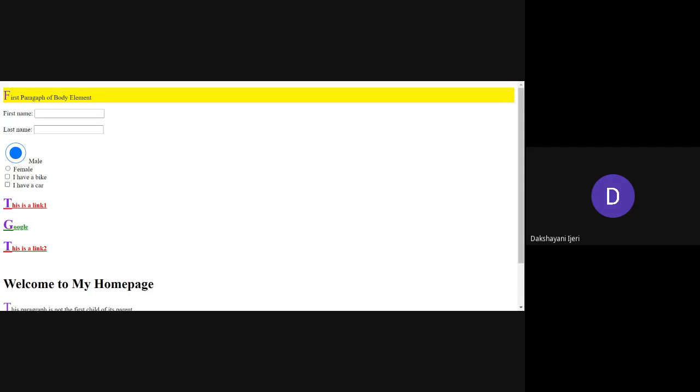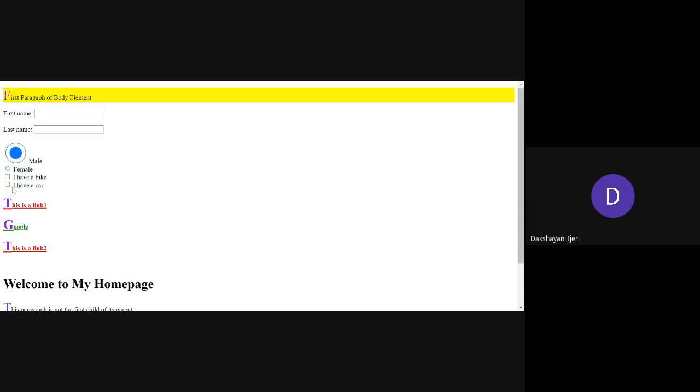So what we have defined there, colon checked, right? Which is going to be applied for the radio buttons or the check boxes. And whatever properties we have set have to be applied once the user clicks on that. So what property have we set? We have set it to change the size, so it has to appear much larger as compared to the rest of the options which have not been selected, right?